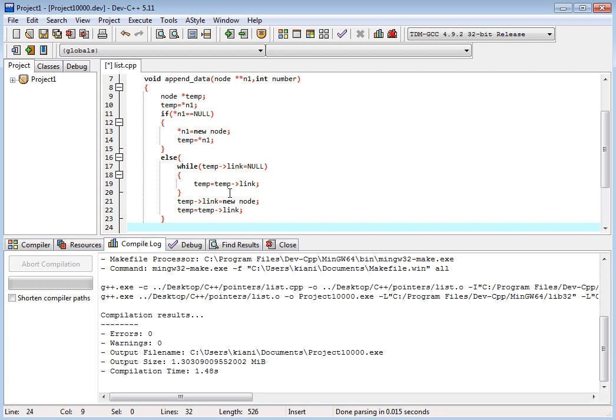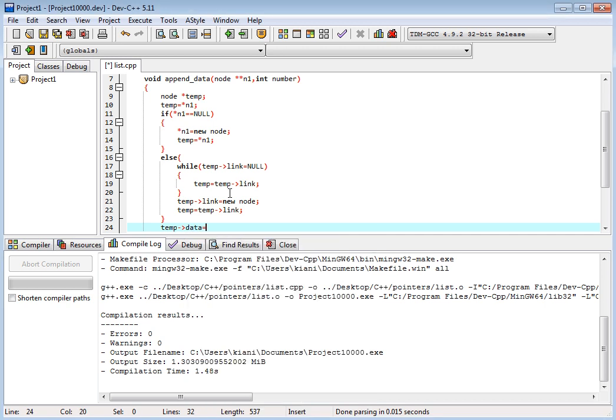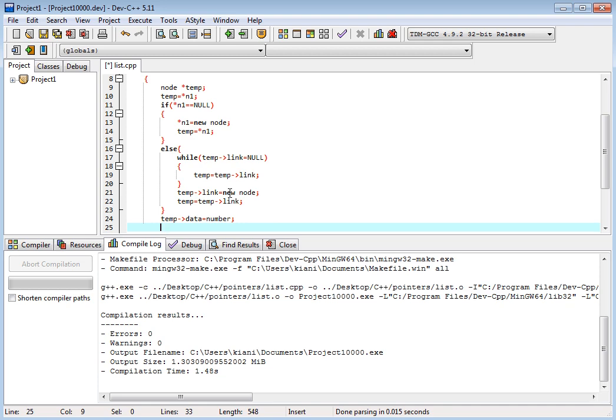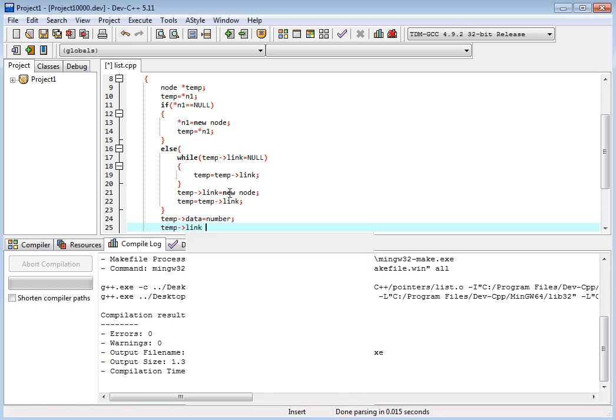So temp data part, temp will be pointing to the data part. Now data is the number we input, and the temp link part of the node will hold null.